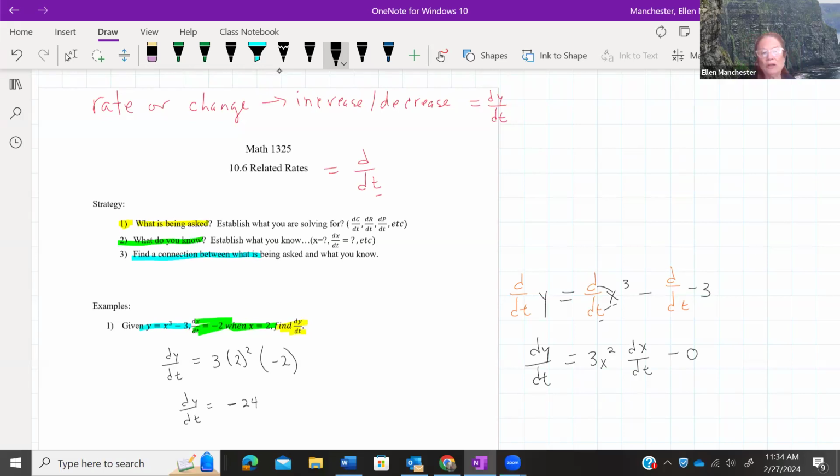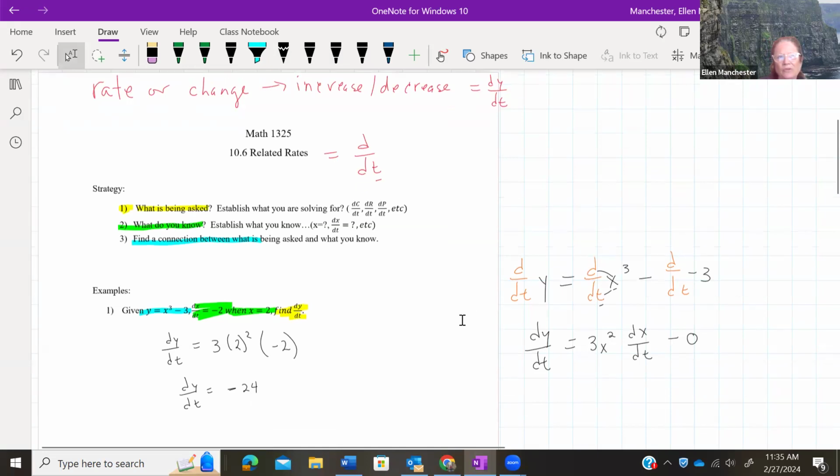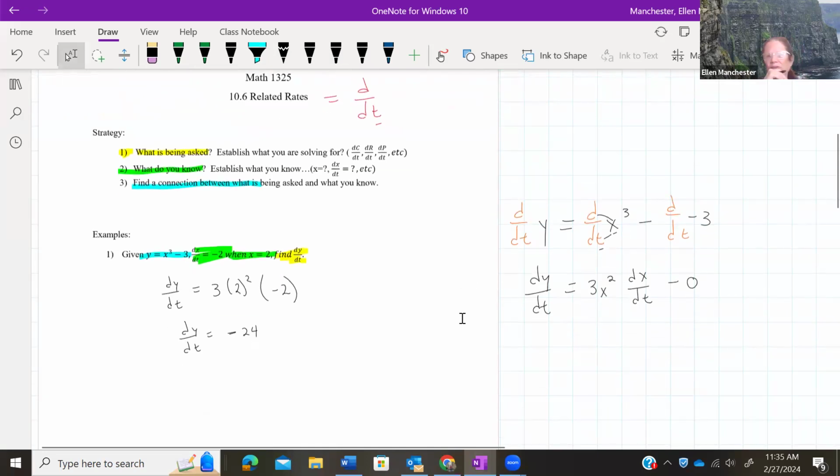And this is that abstract. We don't know what y is. We don't know what exactly we're looking for. But we know that our y is decreasing by 24 based on whatever time it is. And the time can be different. The time can be in weeks, it can be in hours, it can be in days, it can be in years. So we're using all of those measures of time with one t, basically. Okay, so questions, comments?